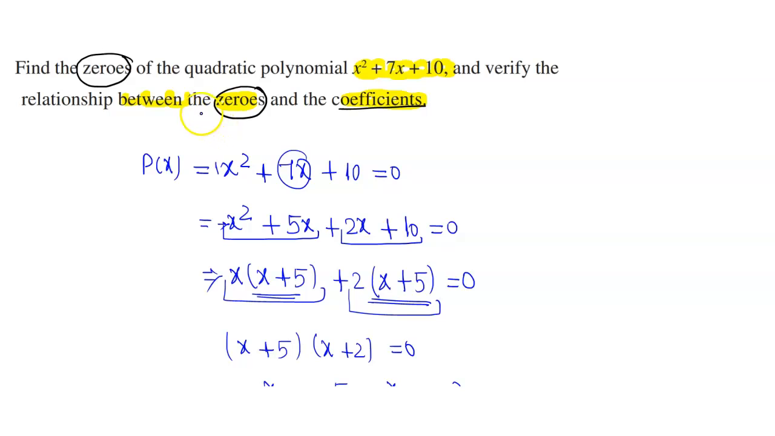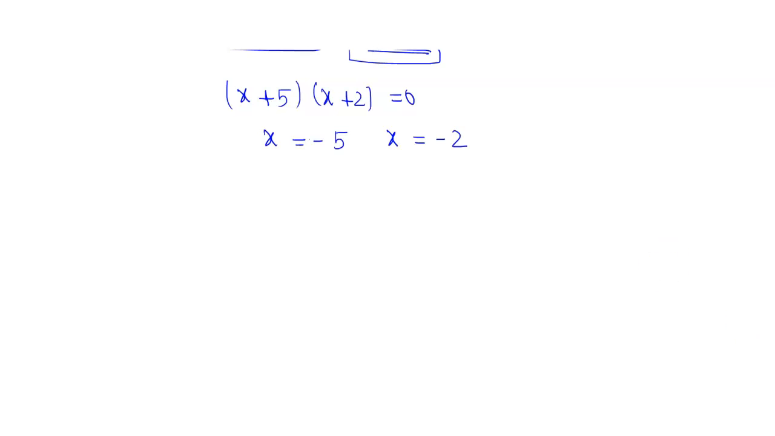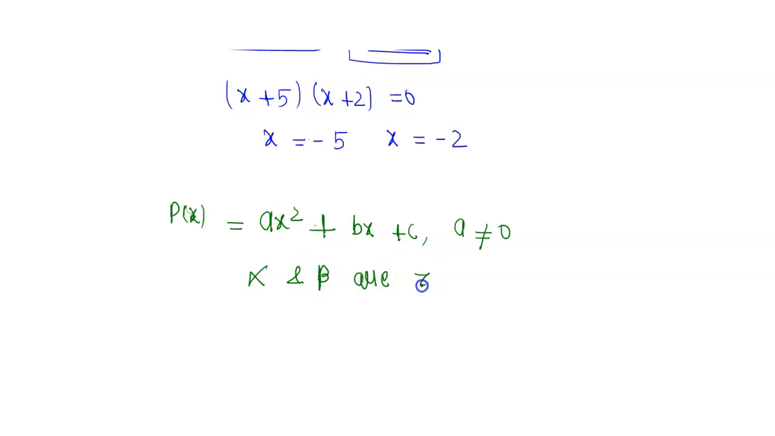This is the first part of the question, which we have solved. Next part is to verify the relation between zeros and coefficients. First of all we will discuss the basic equation of the quadratic polynomial. This is ax square plus bx plus c. This is the standard equation of the quadratic polynomial, where a is not equal to 0, and a, b and c are constants. If alpha and beta are zeros of the quadratic polynomial,